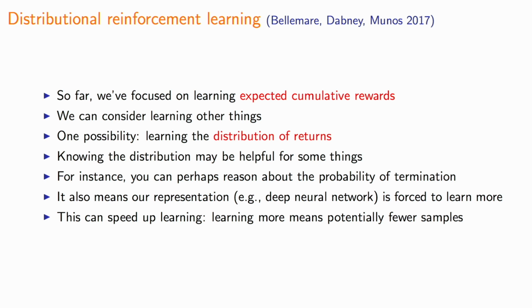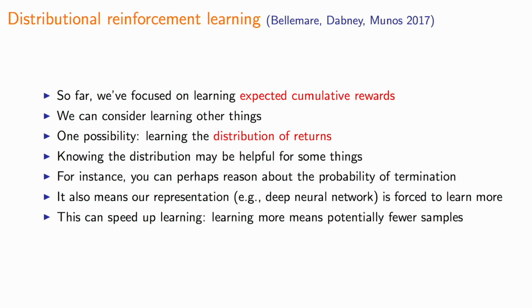One thing to note though is that this distribution of returns doesn't give you your uncertainty; it's actually the distribution of the returns from this state. So it's not about how much you know about this state value. You could have a lot of uncertainty about an expected return. But instead, this is trying to capture the distribution even if it is irreducibly high variance. There's just noise in the environment, and you can never collapse this distribution to a single point if you want to capture the full distribution. It might just remain like that, even if your uncertainty about what the distribution is goes down. That's a distinction that I just want to make clear.